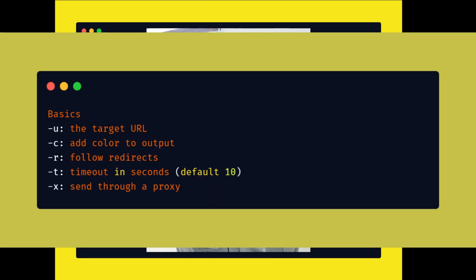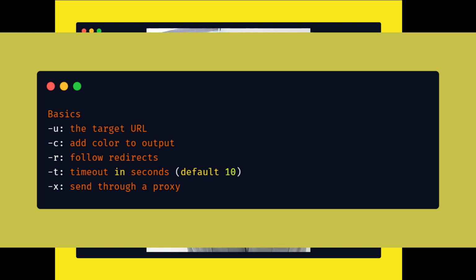How we can choose the URL is specified by the -u flag, and how we can add the color output, we can choose -c, and we use follow redirect by specifying the -r flag. And if we want to set a timeout in seconds, we specify -t, and if we want to send through a proxy, we add the -x flag. These are the basic things.